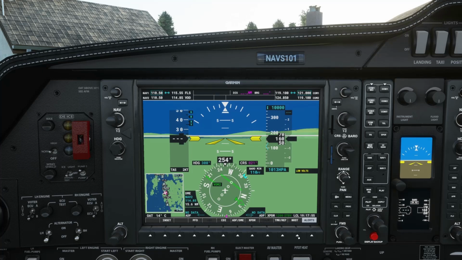Let's go back. Now, if you want to scroll or move about in this map, all you do is click on the range button, click on top, and there you can see little arrows flashing. To scroll in, you scroll just like on the other side. You can scroll out, and you can scroll in as well using the mouse wheel. It's quite handy if you're taxiing about at the airport. Then you can see runway direction and so on and so forth.